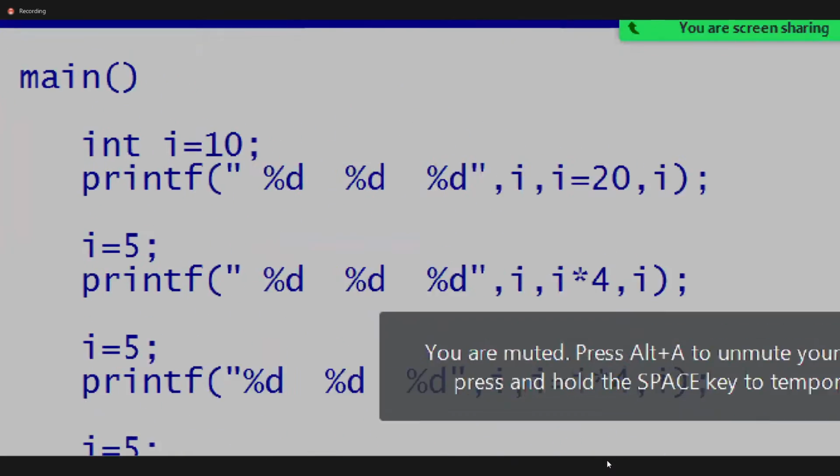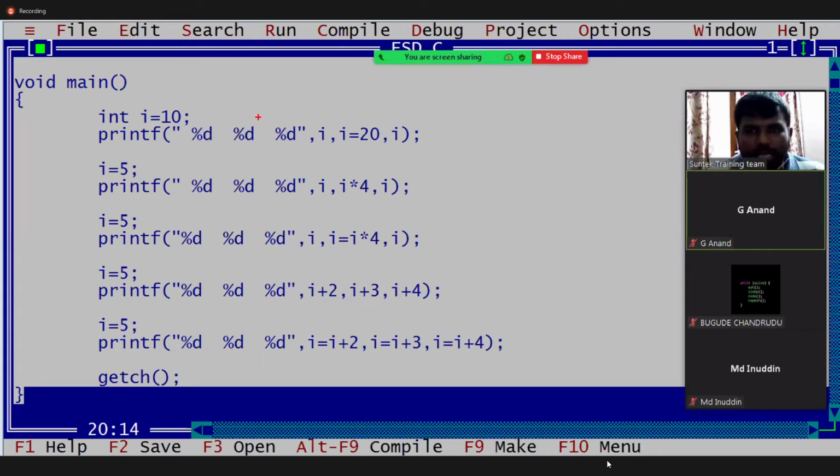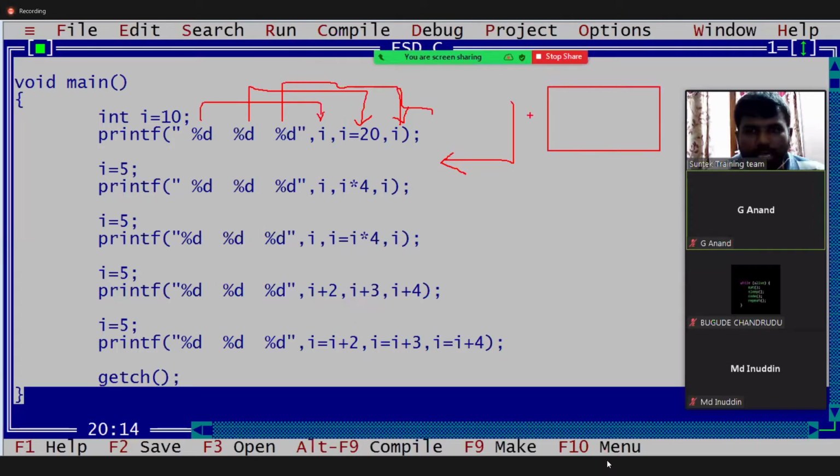We check it, guys, how it prints the statements, right? Say there are three percent d's. This is the first percent d, this is the second, and this is the third. While printing, guys, it executes from right to left. Like this it executes. First, which value, guys? Here I will write the i value. i is initially 10. It executes from right to left. It prints here first. This one is 10. This one is 10, no doubt, because this is the i value and it executes from right to left.